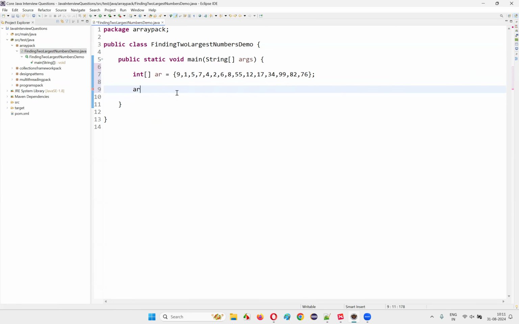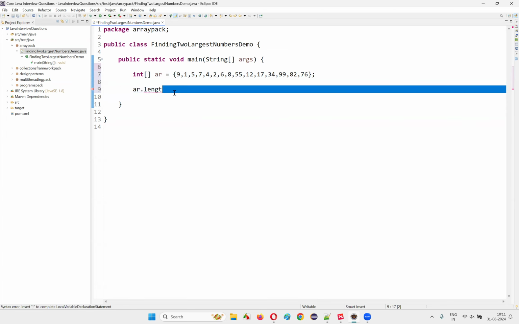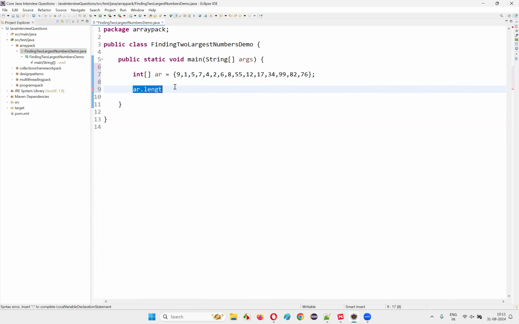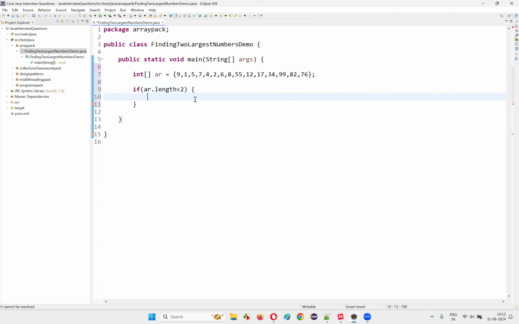Let's do it like this. If ar.length is less than 2, if the size of the array is less than 2,